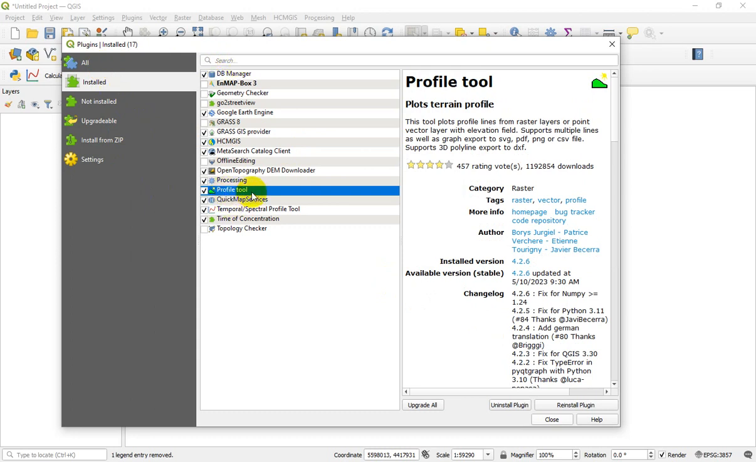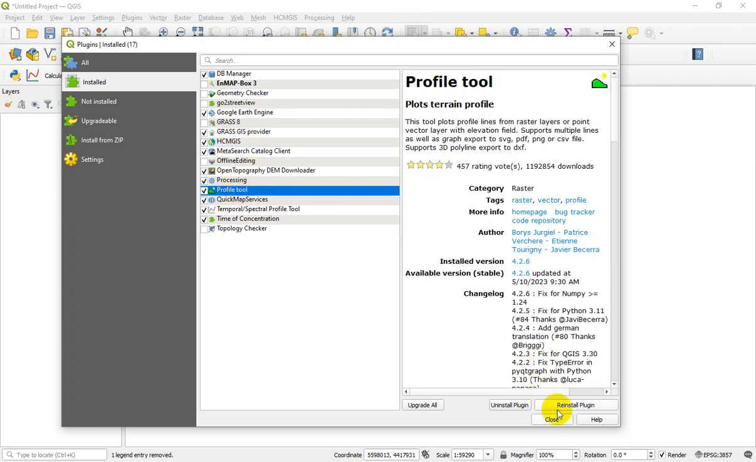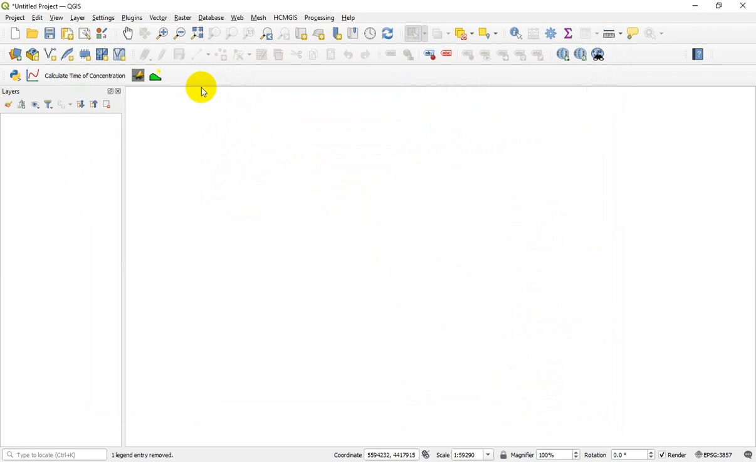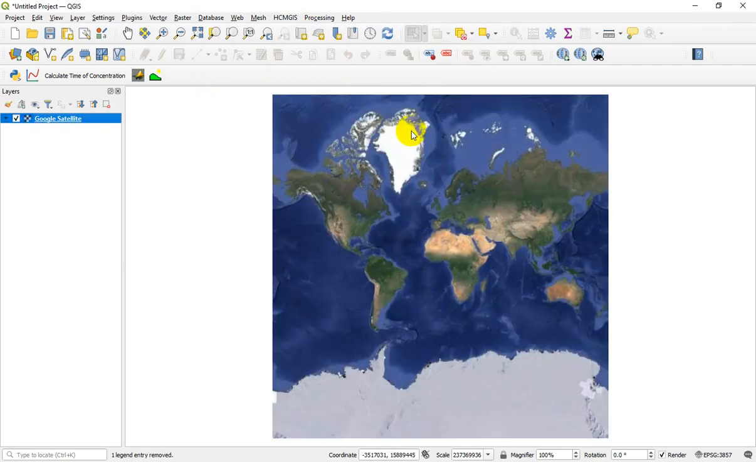name of profile tool, because I want to show you how you can create an elevation profile using different DEMs. And also, okay, just this, you don't need to install other plugins. Please install HCMGIS and profile tools. And after installing and loading these plugins, go to the HCMGIS menu and select Google Satellite, and then select the zoom in